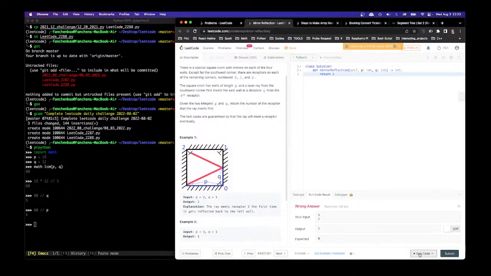Because we go down, we hit it. Okay, because there's no mirror here, and so which means if it hits